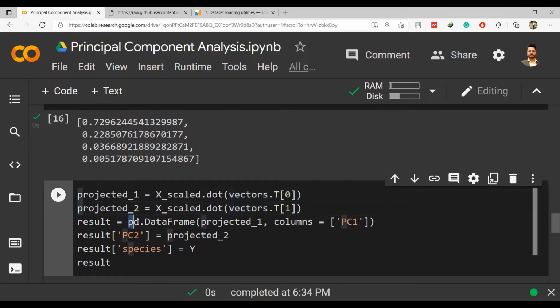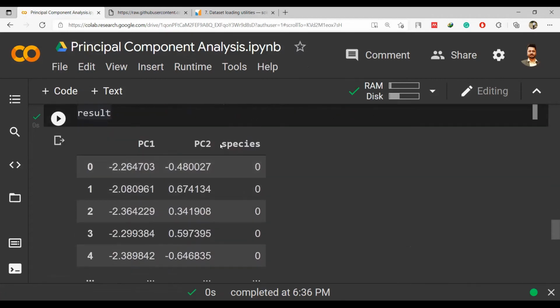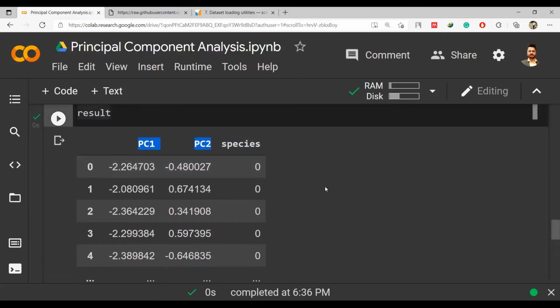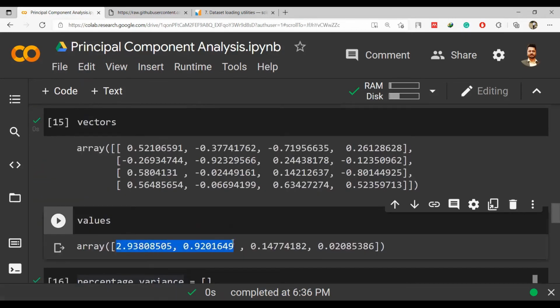Now the final result will be appended as this projection 1 will be appended as a data frame in the result, and projection 2 will be again appended, and species are printed as it is. So species are there, and when we print the result, you will see that only 3 columns are there now overall. So species are having the values of 0, 1 and 2, and PC1 and PC2 are the two principal components that have been got out from these techniques,